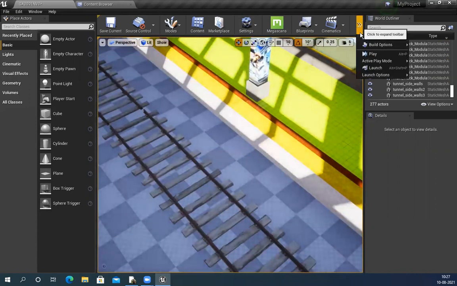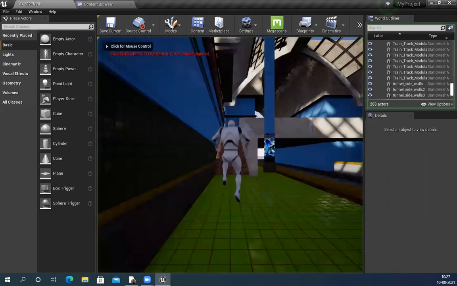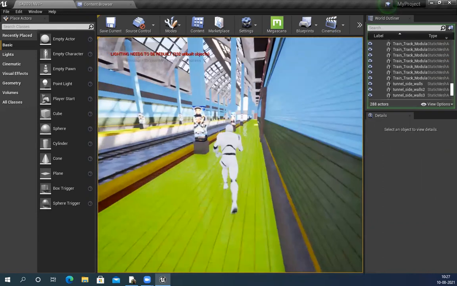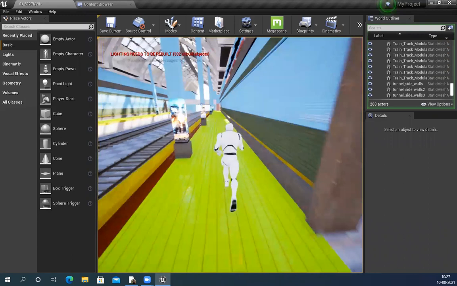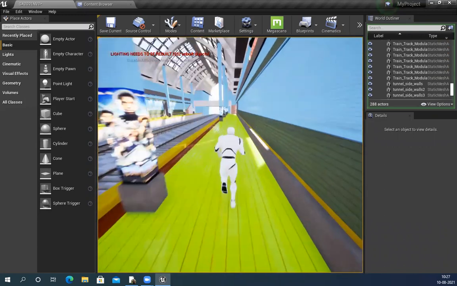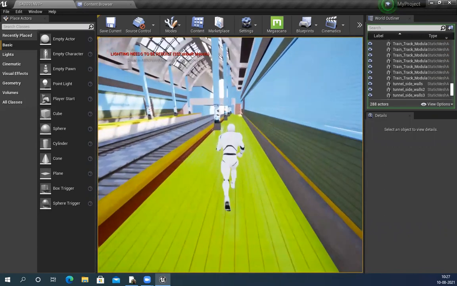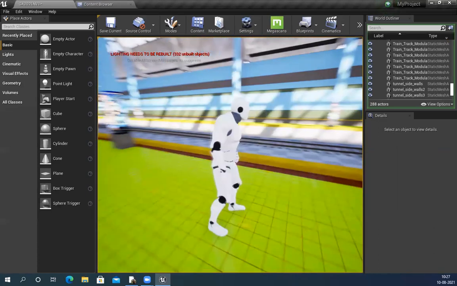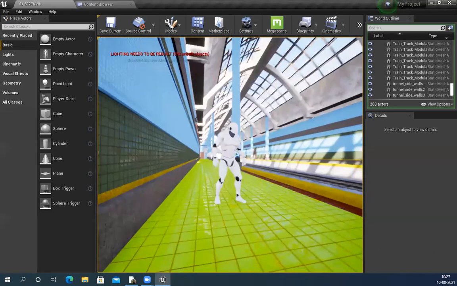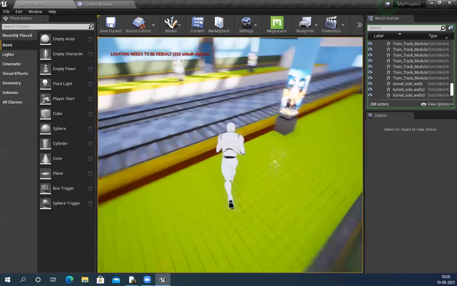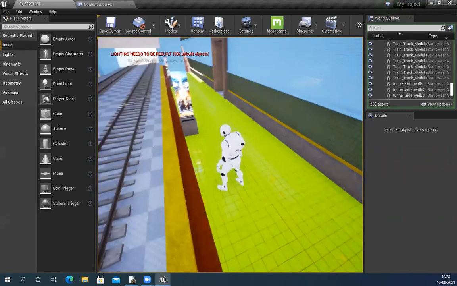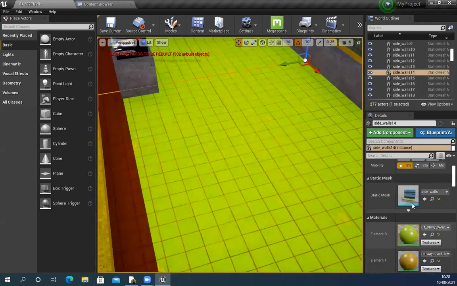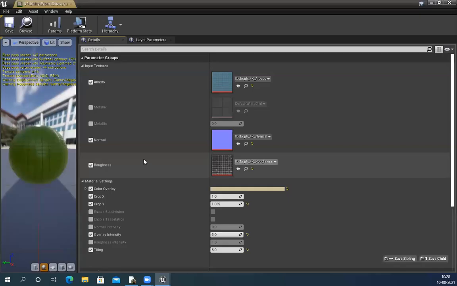Now if I go and play, I have a bigger platform, a complete platform, end to end. It's quite big. You can create this very easily. And these colors are way too bright and vibrant. I'm not liking it. It's way too bright, so just make it very subtle.